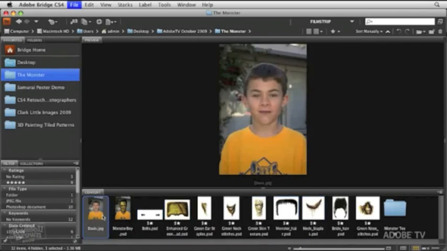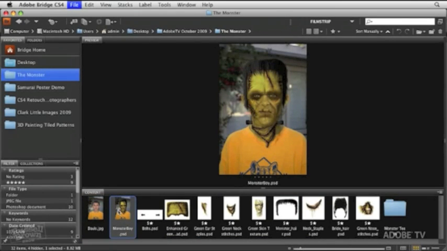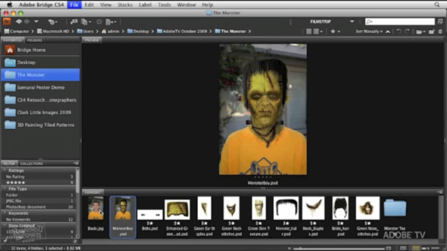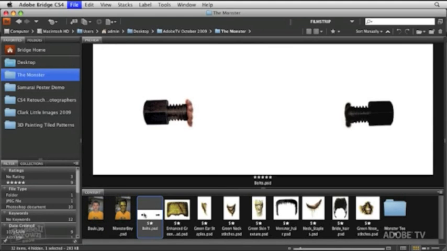Let's turn this good-looking kid into this monster. And it starts, of course, taking all of these images into Adobe Photoshop. Here in Adobe Bridge,